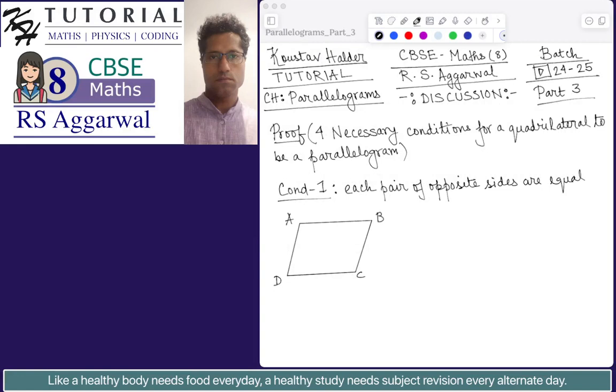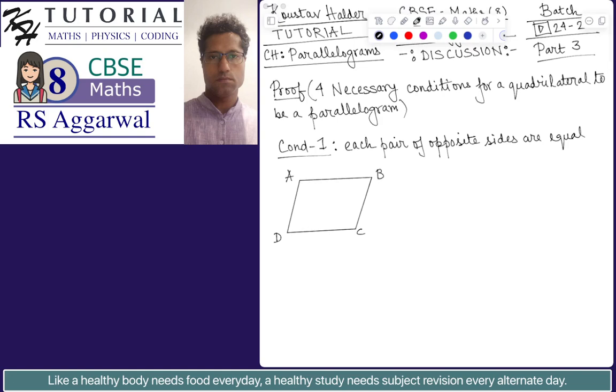Okay, so I have prepared the list of necessary conditions for a quadrilateral to be a parallelogram. But before that, let me quickly address something. In the previous video, part 2, I was solving some problems, and you know that when we have two parallel lines, let's say these two are parallel lines L and M, and there is another line, let's say P, that intersects these two parallel lines L and M at distinct points, let's say Q and R, then